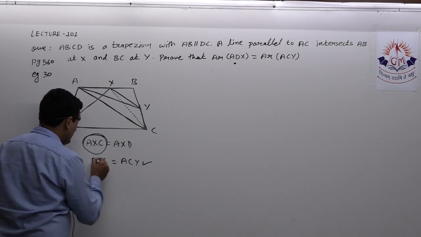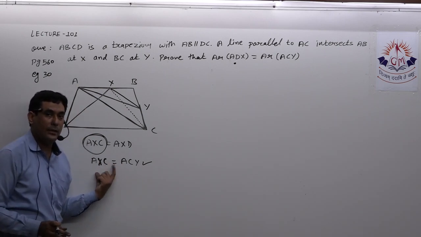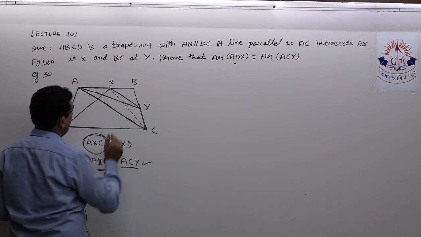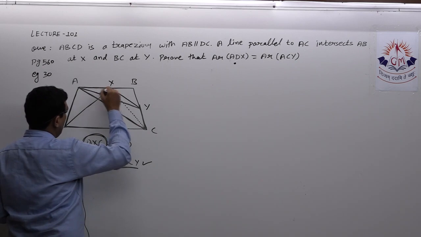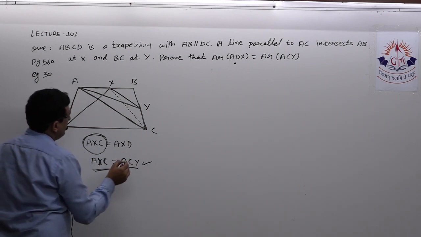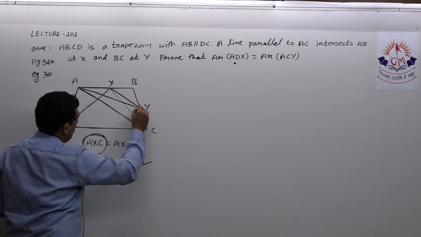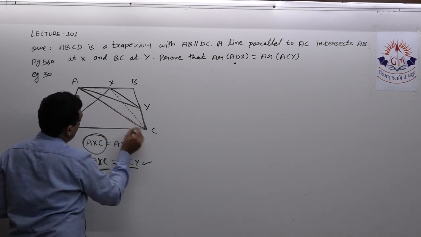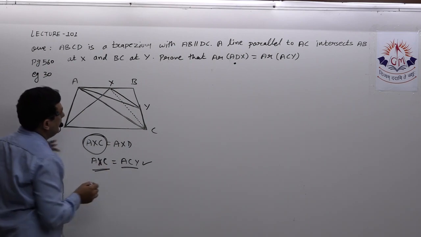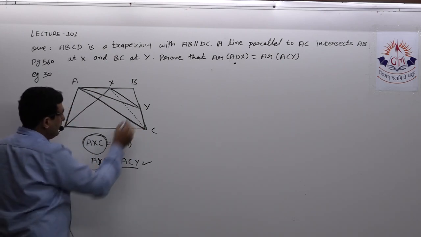Now we have to think about these two triangles ACX and ACY. Now here again you can see, if I just see their names, AC is common. So let us see, is it possible to prove these two triangles equal in area? ACX and ACY. Yes, this triangle ACX and ACY lie on the same base AC, and between same parallels. You can see that.